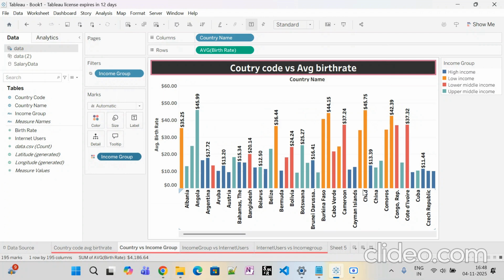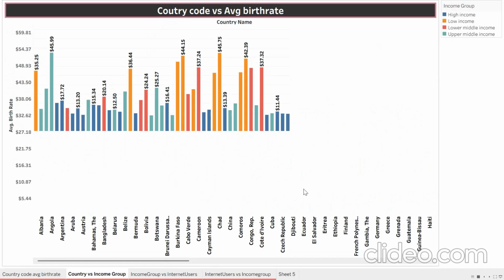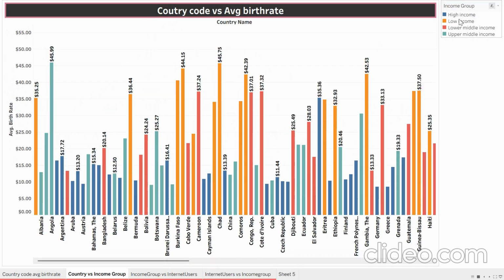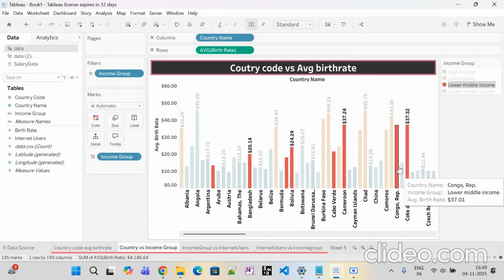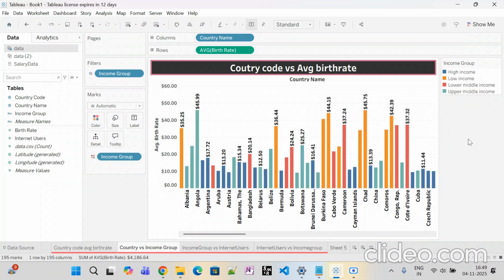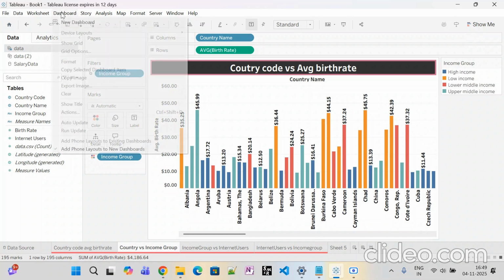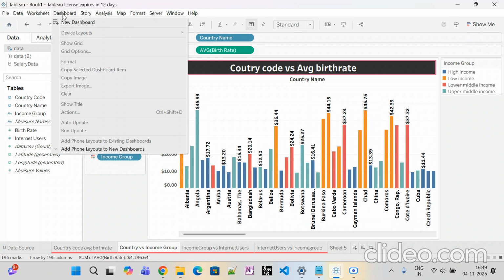Now you can visualize and see by clicking this one. So this is a common group, low income group, and this is how it looks now. Okay, so that is applying filters. Now, rather than showing one by one, what if I create a dashboard? So what is the dashboard? I have four sheets here, right? You can see this header, this dashboard symbol, right? Once you click this,